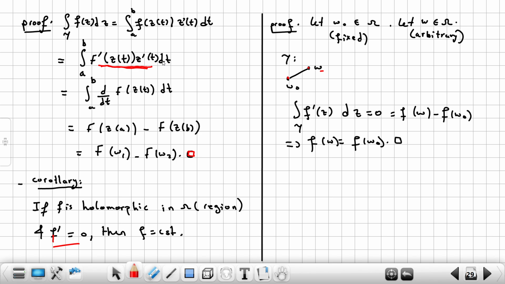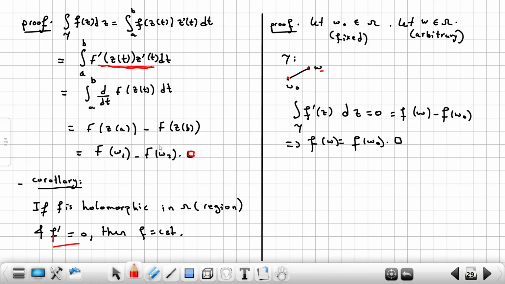If you invoke the fundamental theorem of calculus, you find that this integral here is equal to F at z(a) minus F at z(b). z(a) is equal to w1, z(b) is equal to w2, the final point of curve gamma,